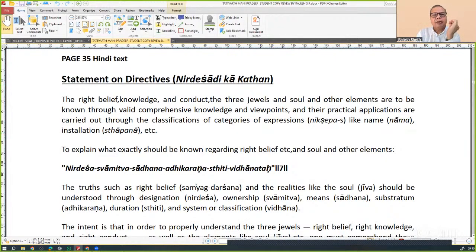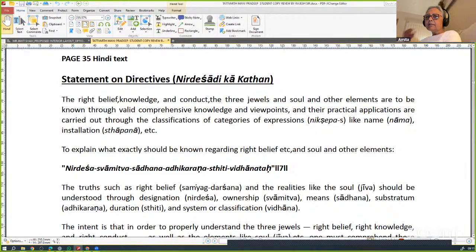The right belief, knowledge, and conduct, the 3 jewels, and the soul and other elements are to be known through valid comprehensive knowledge and viewpoints, and their practical applications are carried out through the classifications of categories of expressions, nikshepas, like name, naam, installation, sthapna, etc. To explain what exactly should be known regarding right belief, etc., and the soul and other elements: